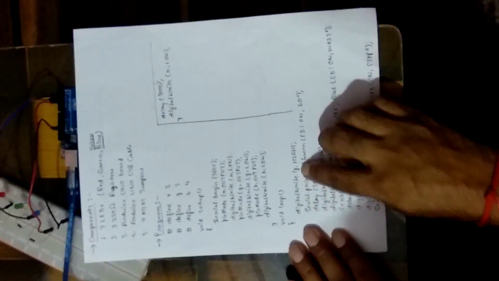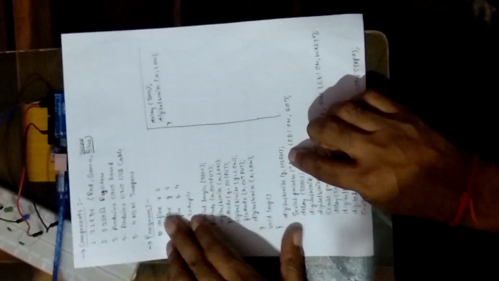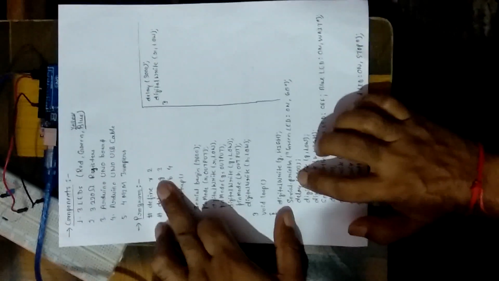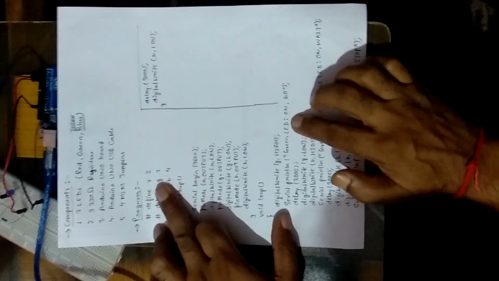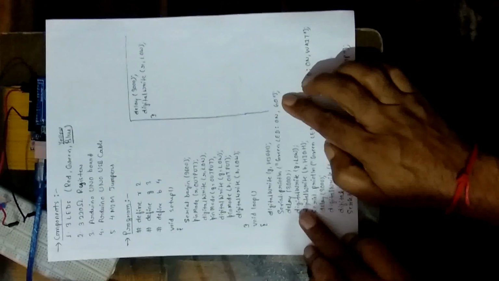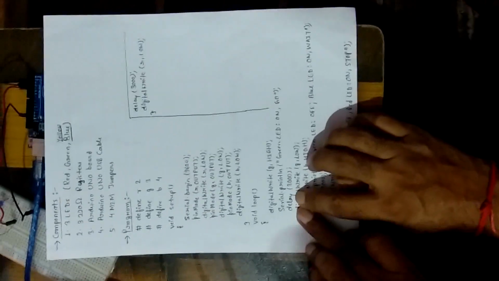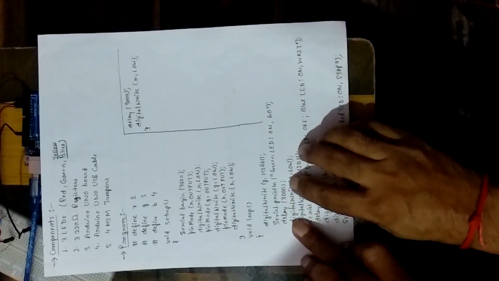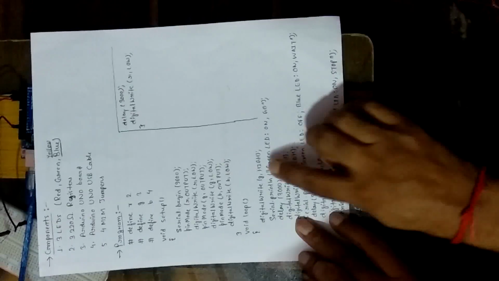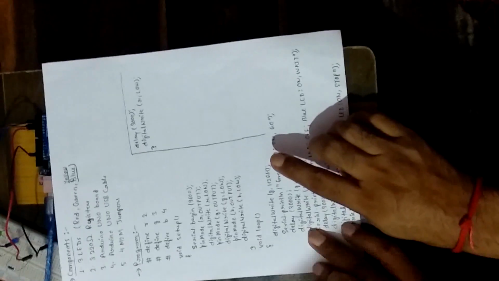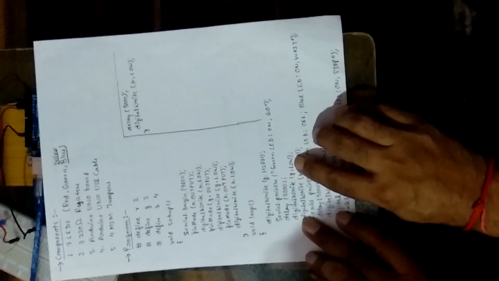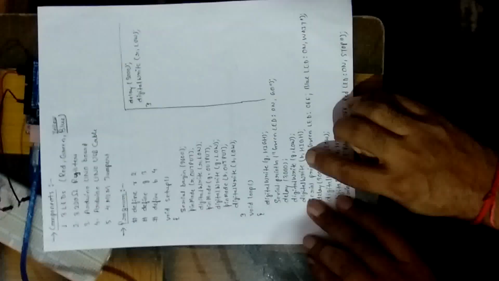digitalWrite G HIGH. First I turn on the green LED. On the next line I have written Serial.println green LED on, go. It means traffic is on, and after that I have taken delay 3 seconds, delay 3000, that is 3 seconds. Then digitalWrite G LOW. After green, since green is high, now I turn off the green light and digitalWrite B HIGH.